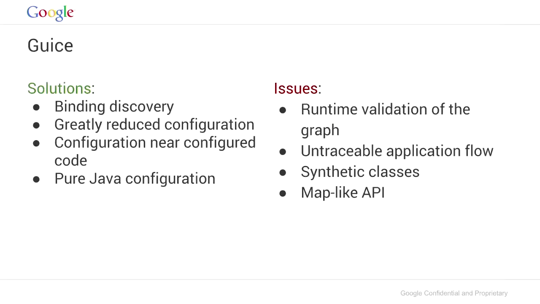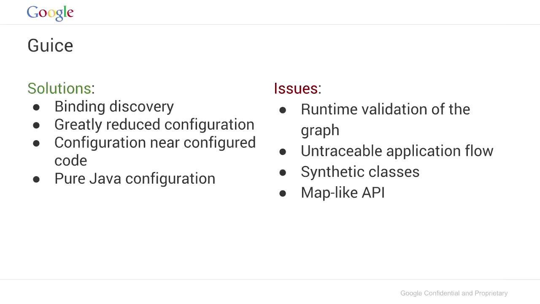So given all that, we've heard some good and some bad with Juice. We've got binding discovery. I can just find those things that are annotated with @inject. They get to participate without a lot of extra configuration. So we greatly reduce the configuration, no duplication, things like that. And that configuration all lives right next to the Java code. We don't have to go to a separate XML file to find it. We can just be right there, go take a look. And it's all in pure Java. All of these things sound great, and for that reason, Juice has become,